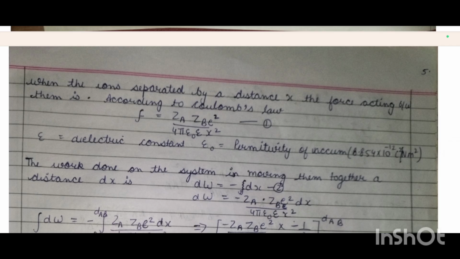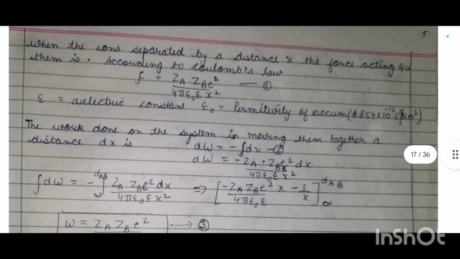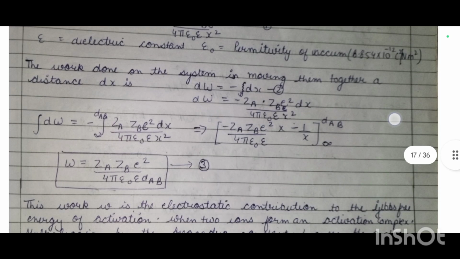force equal to ZA ZB e square divided by 4 pi epsilon naught epsilon x square, where epsilon is the dielectric constant and epsilon naught is the permittivity of the vacuum. The work done on the system in moving them together by a distance dx is dw, equal to minus F dx. dw is equal to minus ZA multiplied by ZB multiplied by e square dx divided by 4 pi epsilon naught epsilon x square. Integration of dw